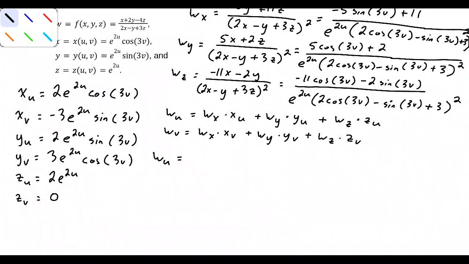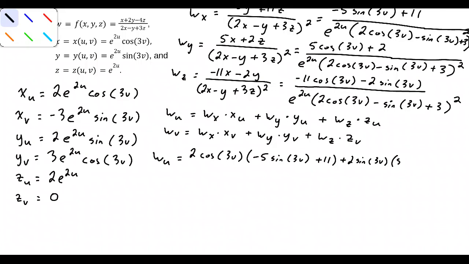We're going to have a numerator of 2 cos(3v)(-5 sin(3v) + 11) plus 2 sin(3v)